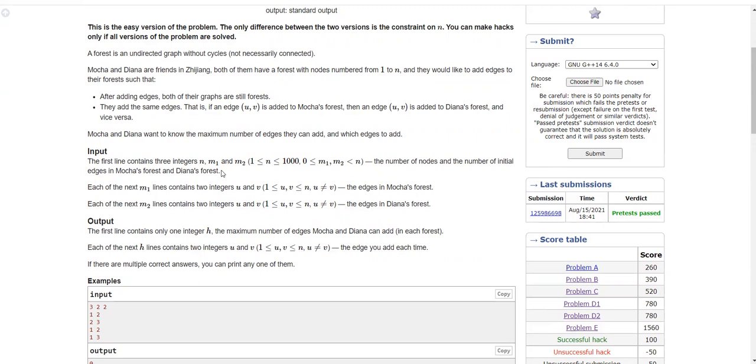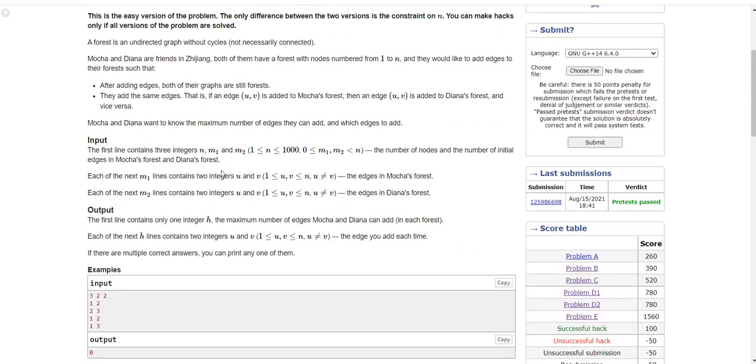So how can you check if there is a cycle? There is a very famous algorithm called union find algorithm. So using union find, you can check if there is already a path between u and v. Then on addition of an edge, it's going to create a cycle, right?